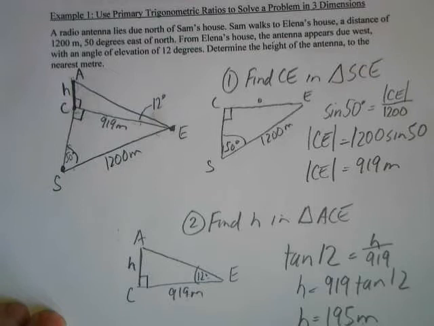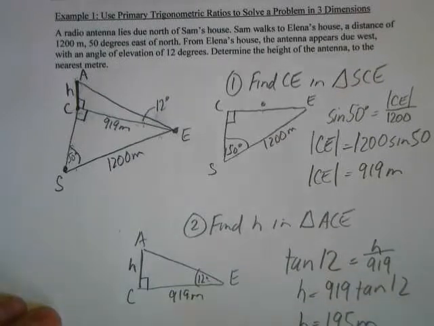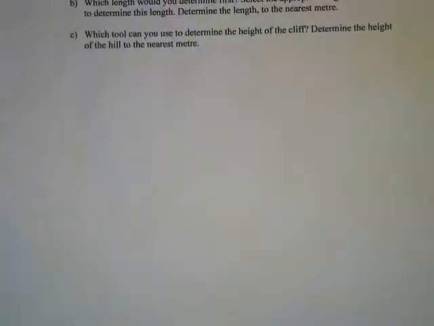Why would they give us 2 triangles if you only needed 1? Ask yourself that question. So you usually need to work on the other triangle first, get the common side that both triangles share, and then use that new information to get the actual thing you're looking for, in this case the height. Okay,